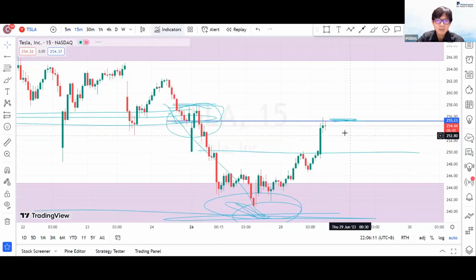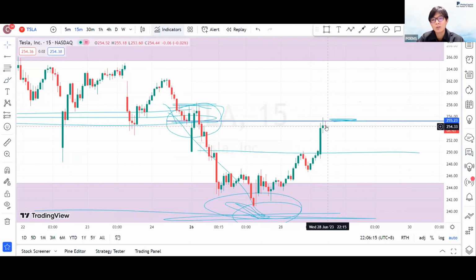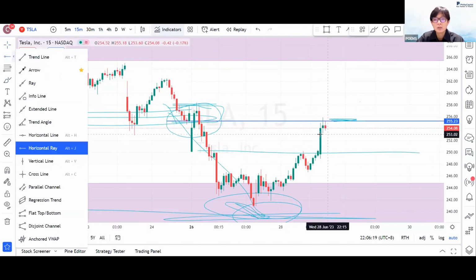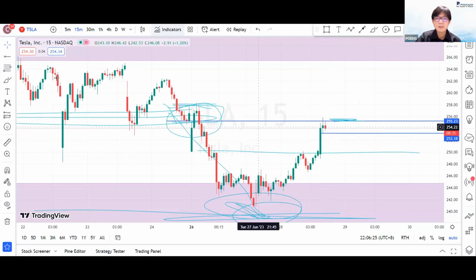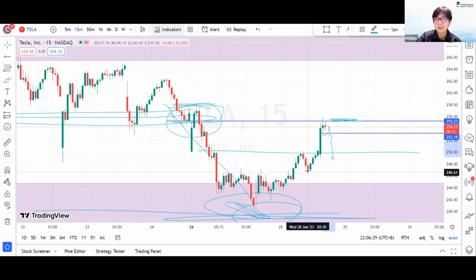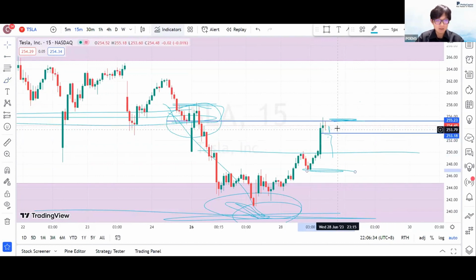Then on the 15 minutes, you see rejection. So now is the current candle. Probably I will wait another one or two candles for more confirmation. If you are looking solely at intraday, at 253 itself, if they can make a lower low and close bearish, then on the subsequent candle you look for a pullback and a movement back down towards 246. But for now, same thing, waiting game.